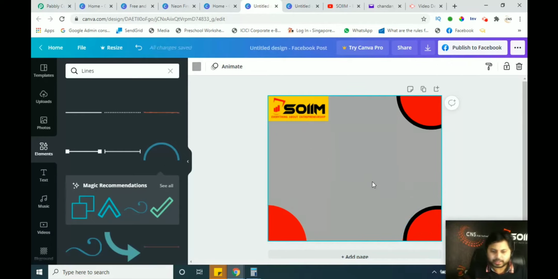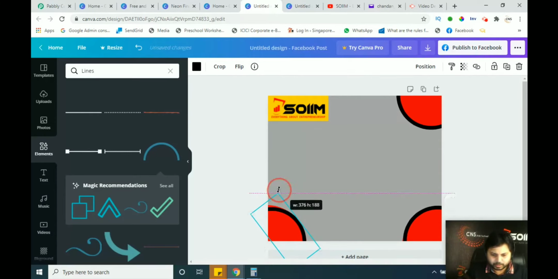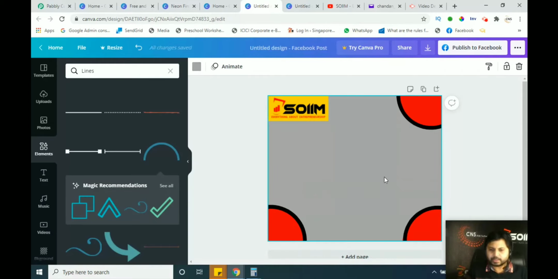So again, I can simply paste here. One more circle has come this side. Simply click here, rotate it clockwise again. Now I will simply click and drag it to the bottom left circle part and fix it with the background, so it looks fixed here. If the size is not matching here, we can simply increase the size to match it. Now you can see here, now it's looking good.